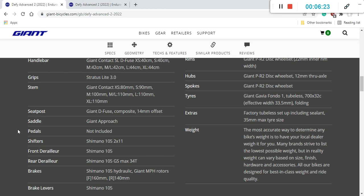I'm not so sure why Giant put this 140mm braking rotor at the back. I wish they gave you 160mm rotors, and also these braking rotors are Giant's own production, Giant MPH rotors. I can't comment too much about the heat dissipation from these rotors, I've never used them, but what I would do in the future, once you destroy these braking rotors, I would buy myself proper Shimano Ultegra